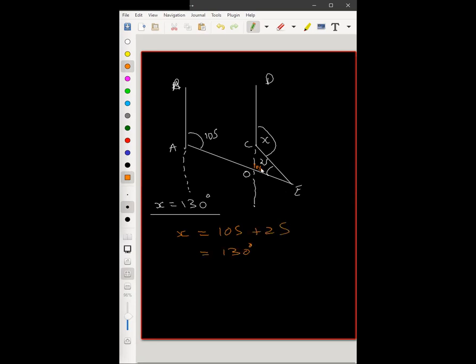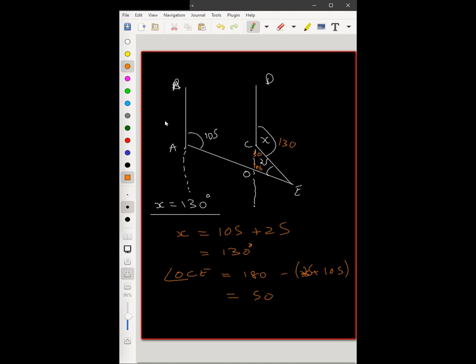Right. Or we can even take the angle sum property. We can say angle OCE is 180 minus (25 plus 105), which will be 50 degrees. So this is 50. Triangle angle sum property. And this is a straight line, linear pair. So this is again 130, whichever way you want. Think of all these things. When I'm giving you a question, please try to attempt to see how we can solve it. Sharan, have you understood now? Yes, sir.